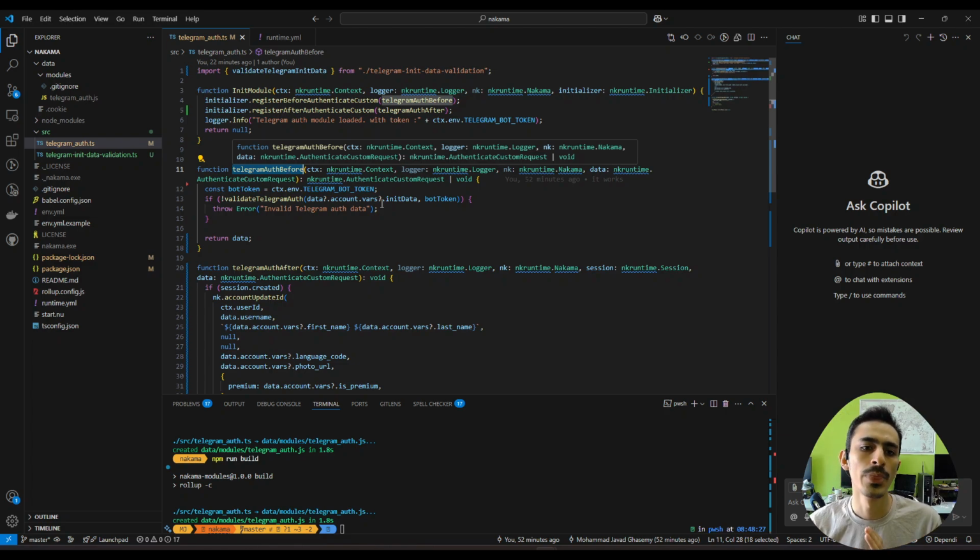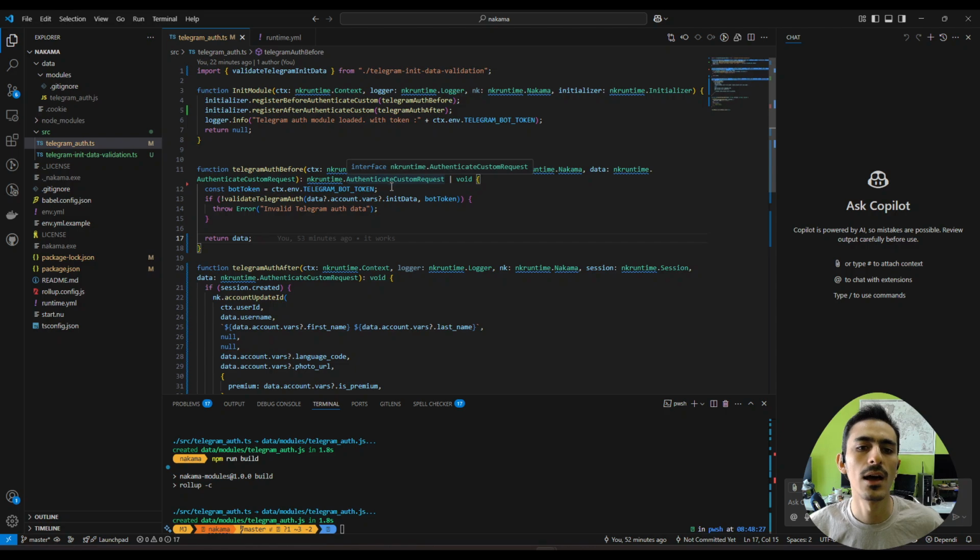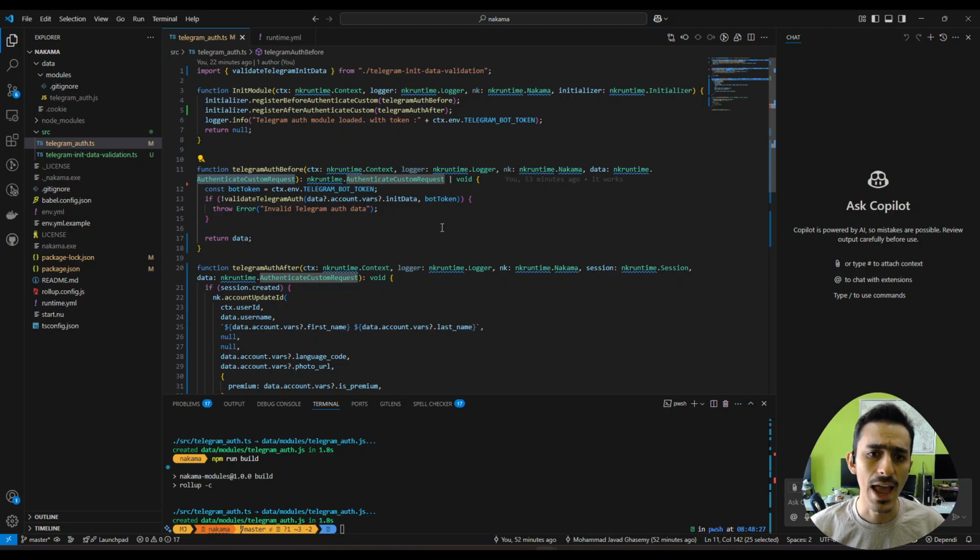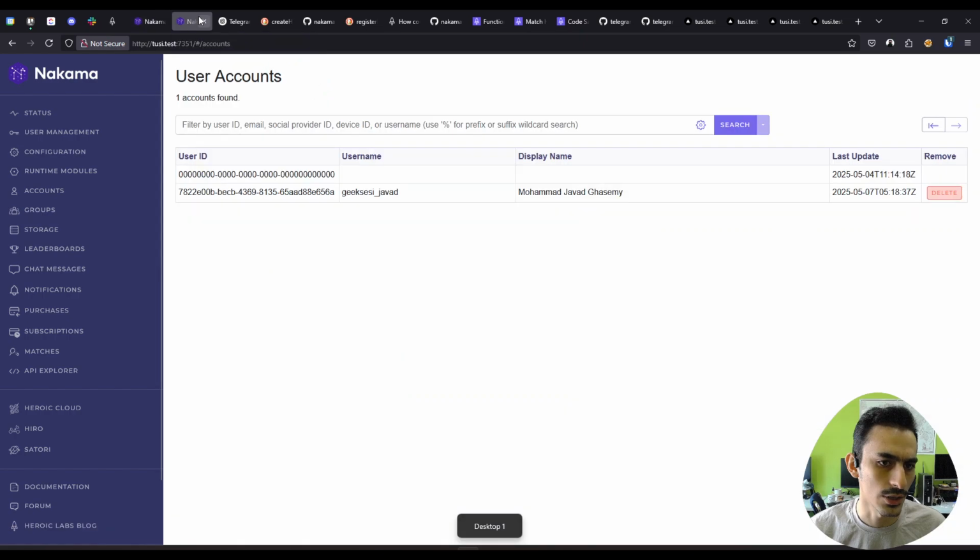So on the Telegram authenticate before hook, we need the authentication custom request. Let me show you what the authentication custom request is. If you go to API Explorer,